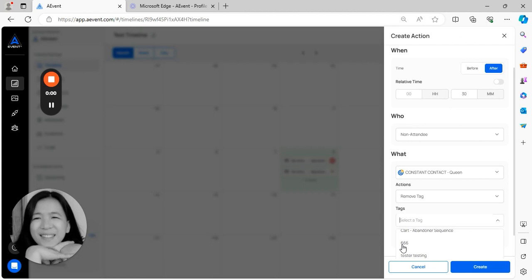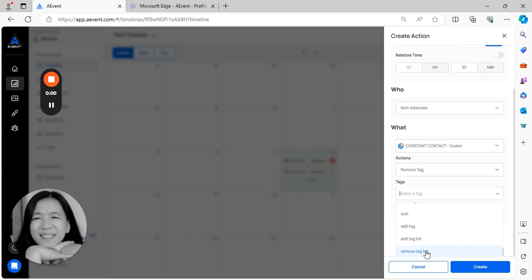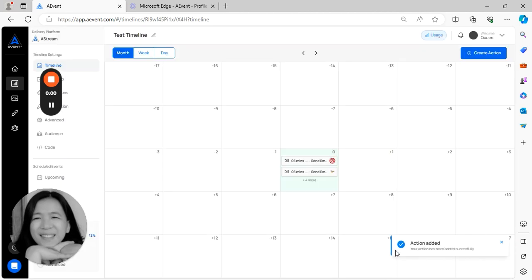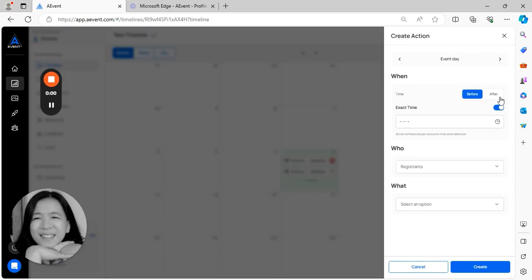So I'll be selecting this specific tag and just click on create again from the bottom. And we have successfully added that action as well. Lastly, I'll be showing you how to create a timeline action that removes a contact from your constant contact integration. So just click on create action, and we'll be targeting this to be triggered on the same